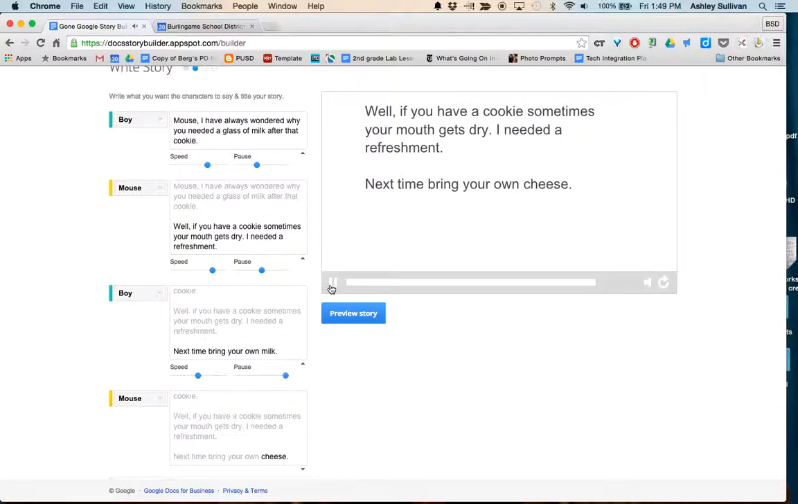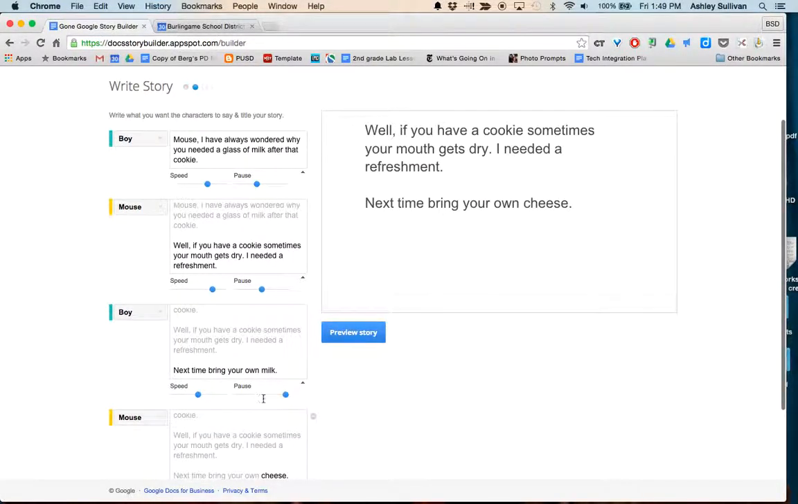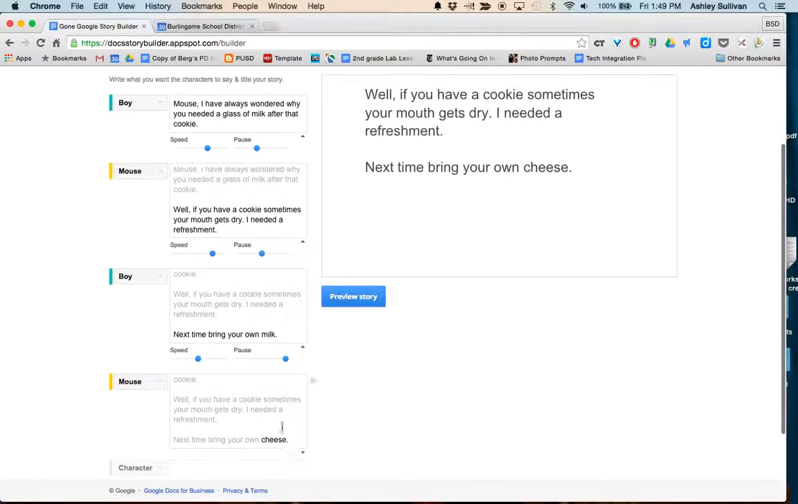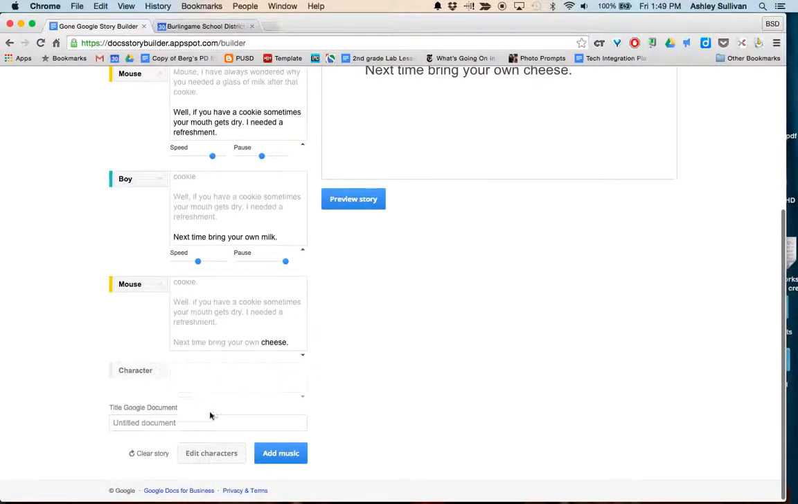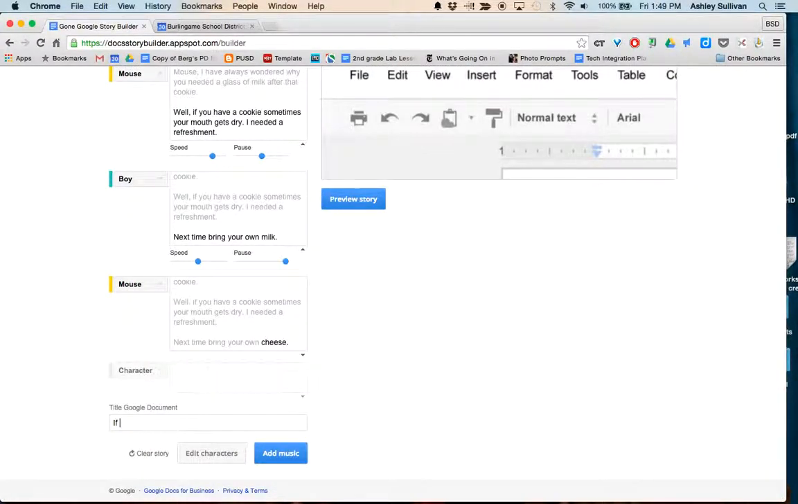So there's our story. You can see the difference between having this text stay there in between each character and the fact that I deleted that word milk and I ended up writing cheese. I'm going to title this,